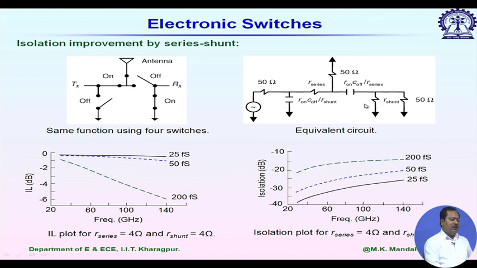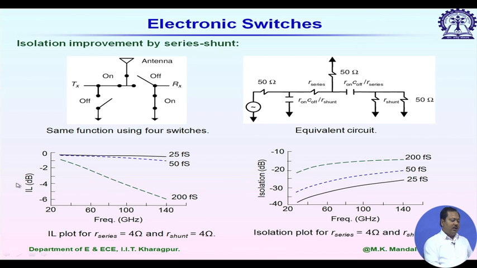But looking at the insertion loss value, it won't be that good. If I now consider the left hand side, the transmitter side, the insertion loss will increase because of the resistance and the capacitor, because in addition to the resistor we have a capacitor which is also grounding some part of the RF signal. So insertion loss will be poor. But for any given application, the main point is the difference between the insertion loss and isolation, and how we can improve this difference. Now let us see the plot of figure of merit versus frequency.